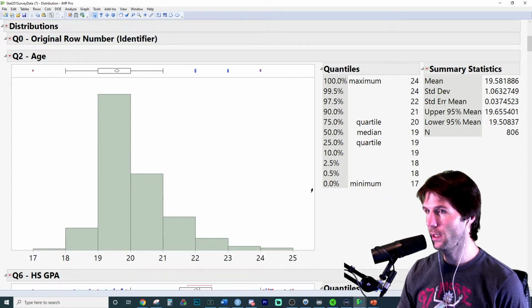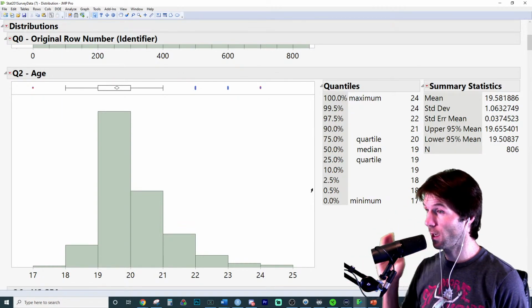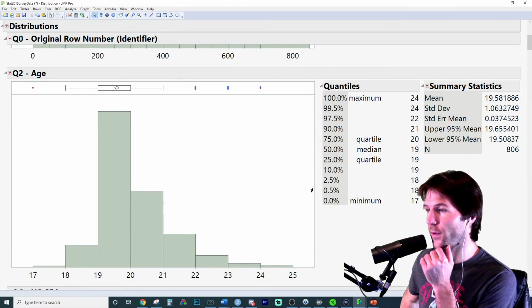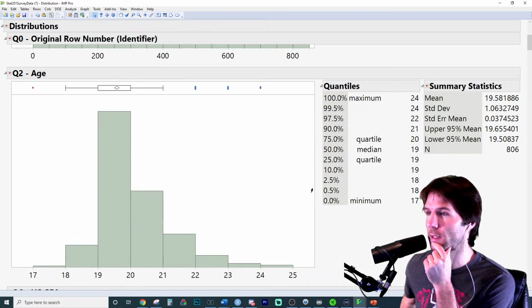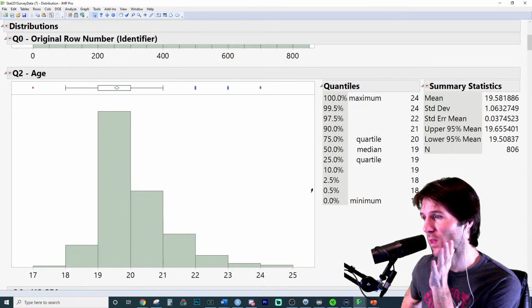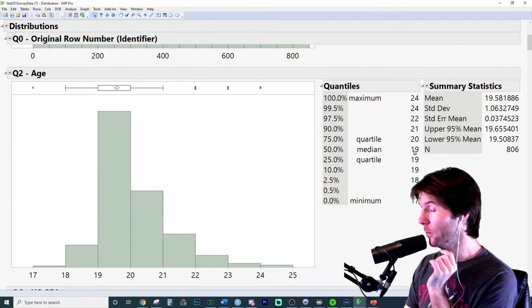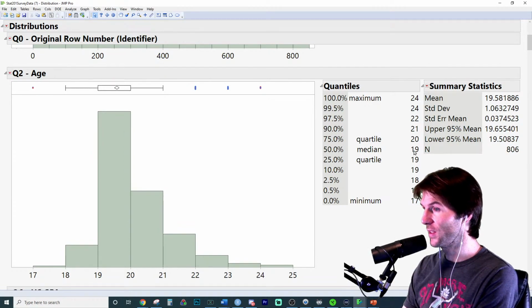Yep. And then this is a good example of what we have here. This is age of students. Now I'll explain this one. This one is very, very unimodal, and there is a little bit of right skew. Actually, more right skew than a little bit, I should say. You can see right here, the mean is higher than the median. The mean being the average age of students in this data set.